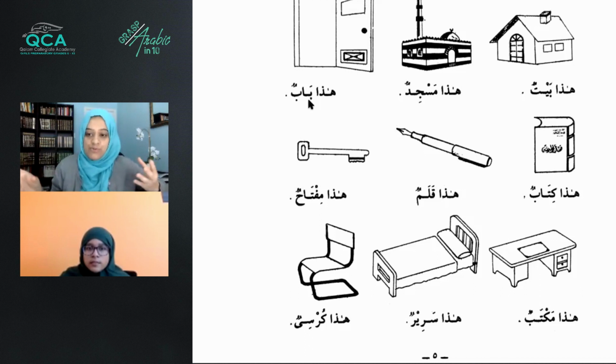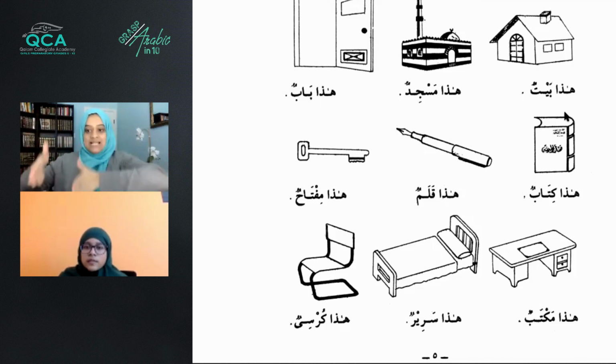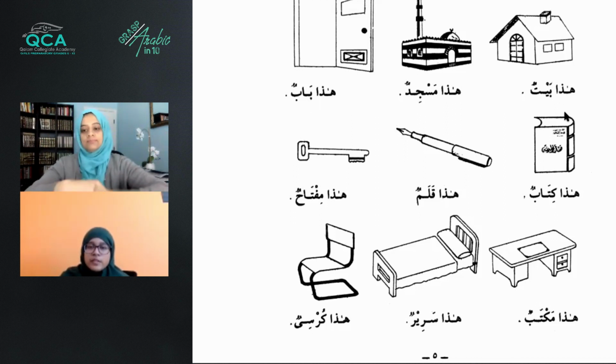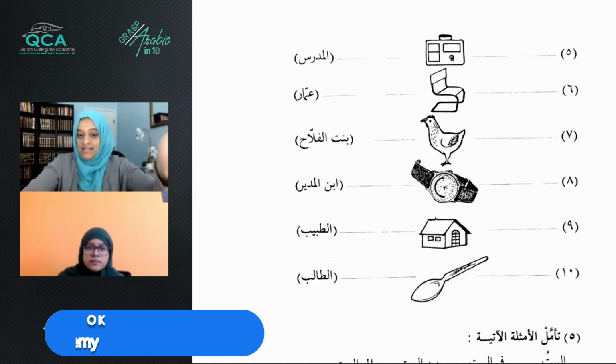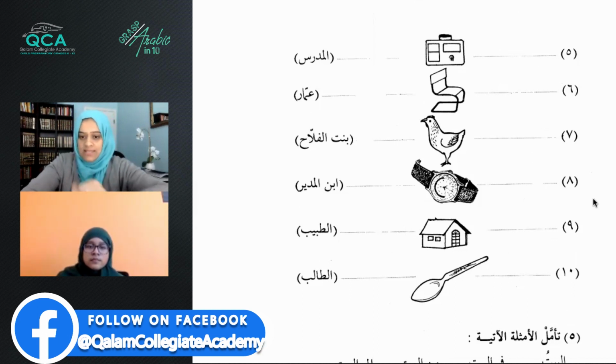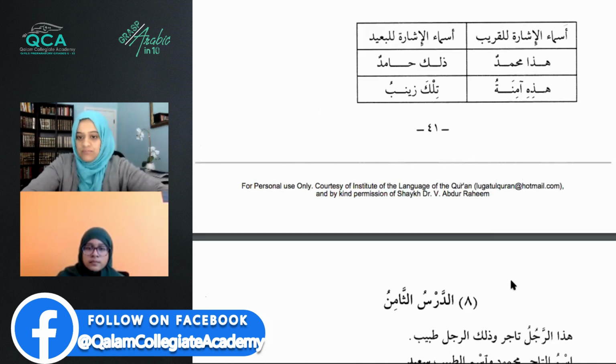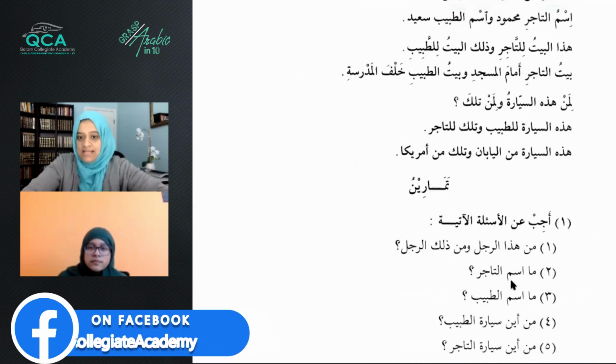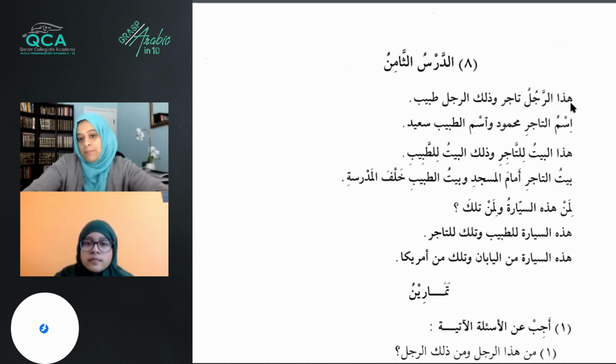So what's the difference between this is a house, which is the construction here, and if I add alif lam and it becomes this house? This is a house is a full sentence, and then this house is just a fragment, or a phrase. And that's exactly what we are doing in this new lesson, which is lesson number 8. We've already learned it before, so we should be able to go through it really quickly. It's nothing new here.